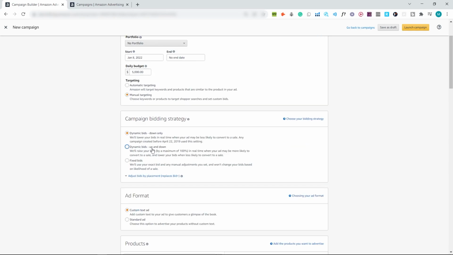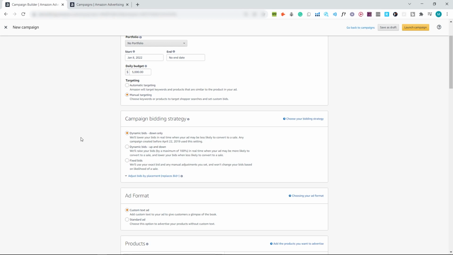Dynamic bids up and down. I have experimented with this for some campaigns. It didn't work as well, so I just stay away from it. But you can try it out if you want. It works this way. If you set your bid for $1, it will spend $2 on clicks that are more likely to convert or more likely to make you a sale, and spend less money on clicks that are less likely to give you a sale.